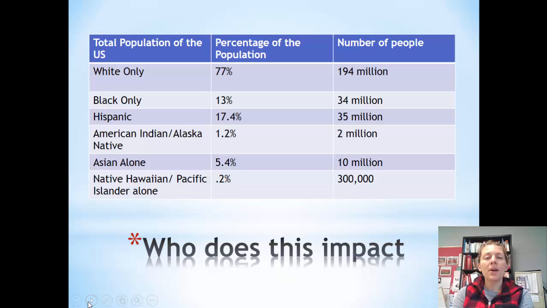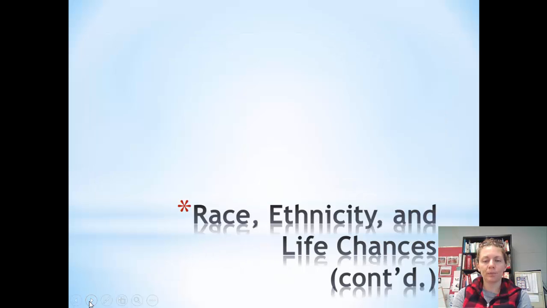So when we're talking about the impact of race, I wanted you to be able to see what we're talking about in the United States. The U.S. Census is where these stats come from. About 77% of our population considers themselves to be Caucasian. 13% will fill out the census as Black, 17% as Hispanic. Now you are allowed to mark more than one box. So you can mark biracial on the census, college applications, and job applications. So you're able to identify in some different ways than what's listed up here.